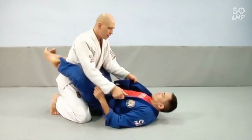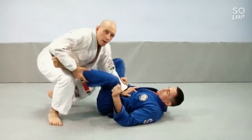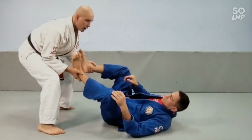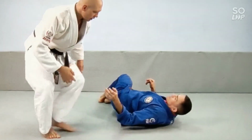On the other side, I open his guard. However, I go up, I stand, I control his ankles. I don't want him grabbing me. I don't want to have his legs get away. I'm going to fake the legs in the direction I want to go, and I'm going to chuck them the other way, step,